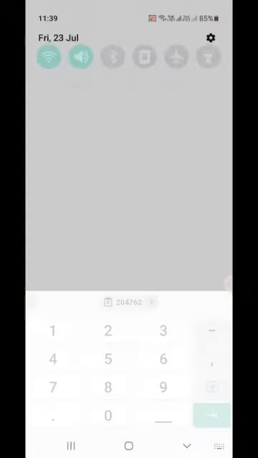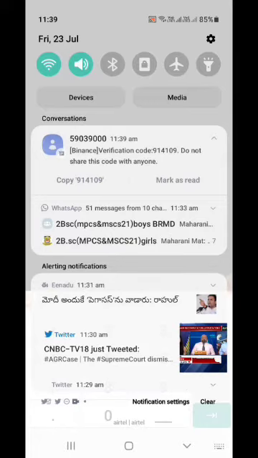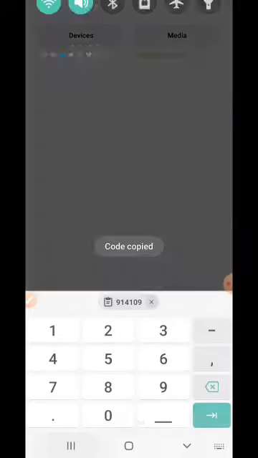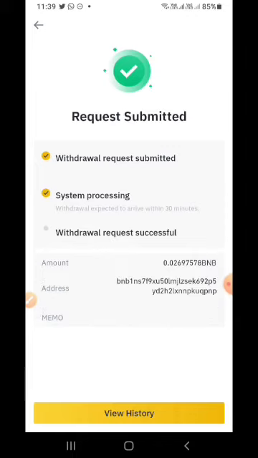And you will receive a message from Binance. You can copy the message. This is the mobile OTP. You can paste it here and click on submit. It will take 1 minute.